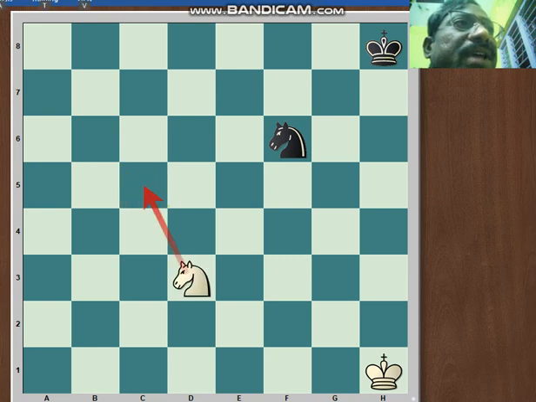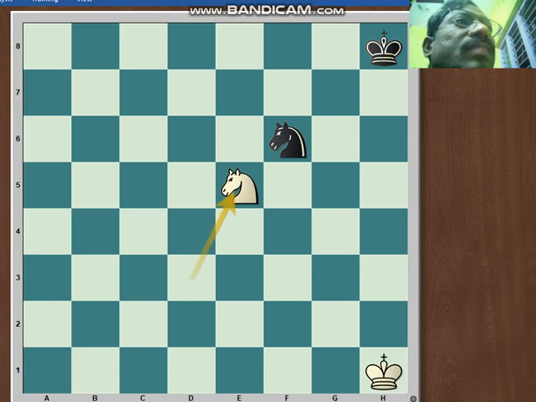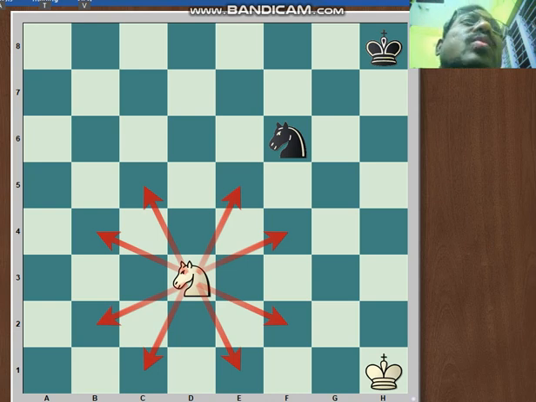And the same here. Okay, as well as the same here, here, here, here, here, and here. Like this it can move. As well as the black knight.